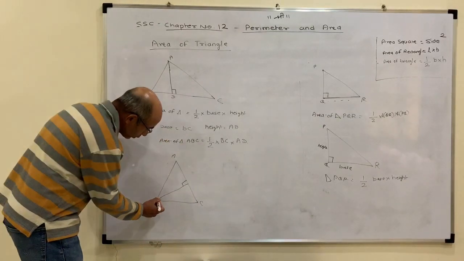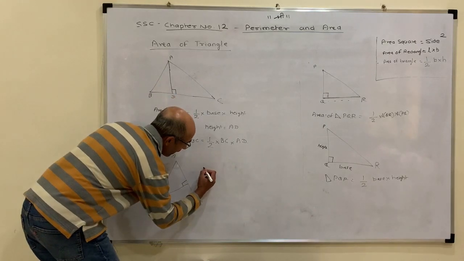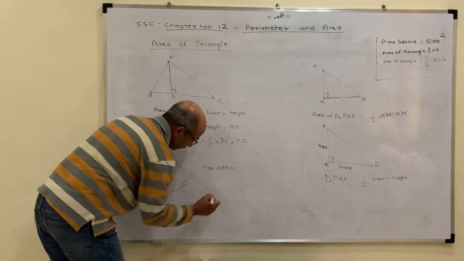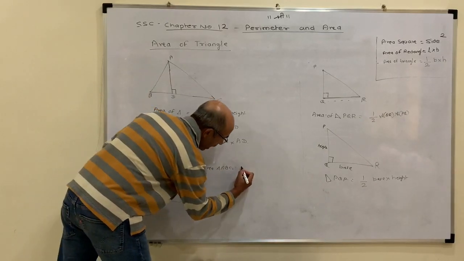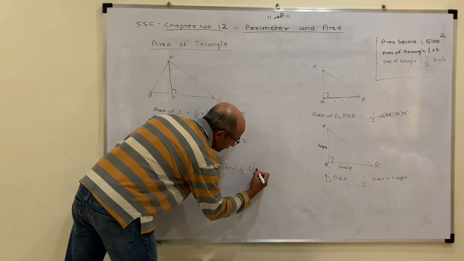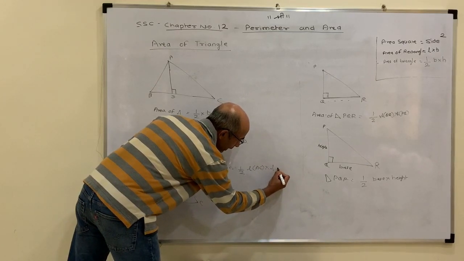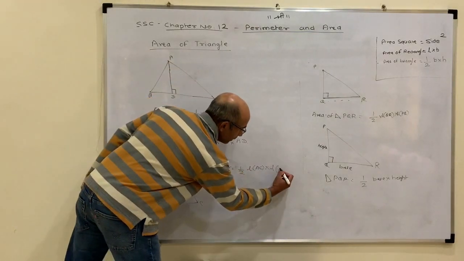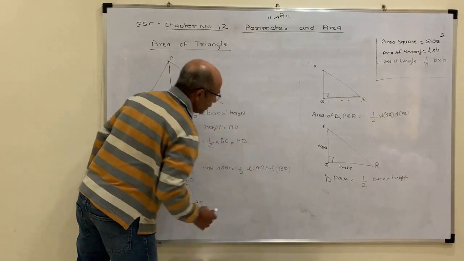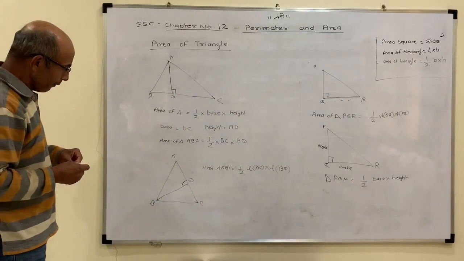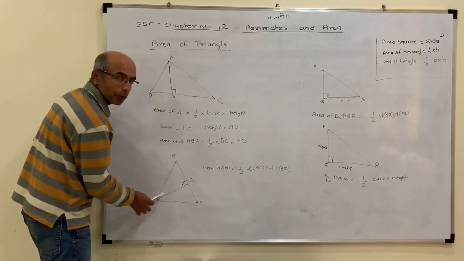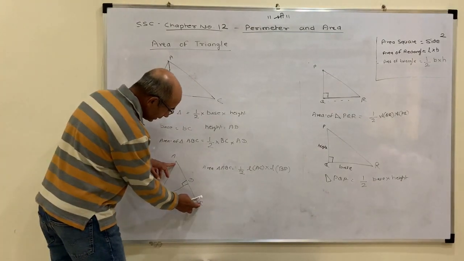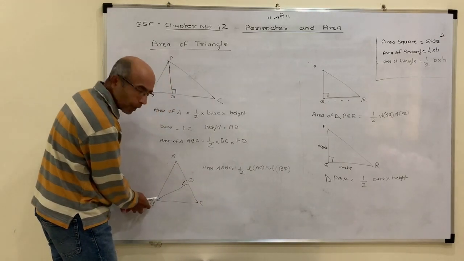to the base. So now in this case my area of triangle ABC equals, now my base is AC, half of length AC into length BD, if this is my D, so it's length BD. So you have the freedom from which vertex you want to put a drop onto the base, but one needs to hear: if this is the base, the drop should be coming from the opposite side.